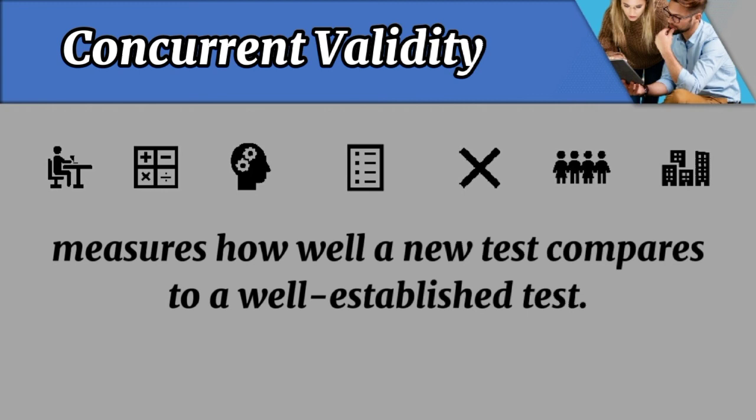Concurrent means at the same time, so you would perform both tests at about the same interval. You could test depression level on one day with your test and on the next day with the established test. A statistically significant result would mean that you have achieved concurrent validity. If the tests are further apart, for example, they aren't administered concurrently, then they would fall into the category of predictive validity.